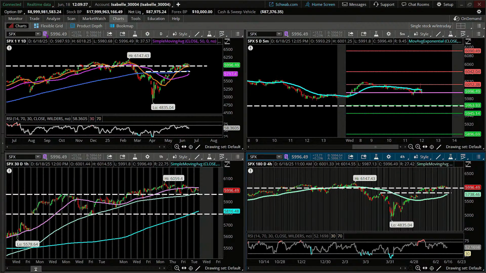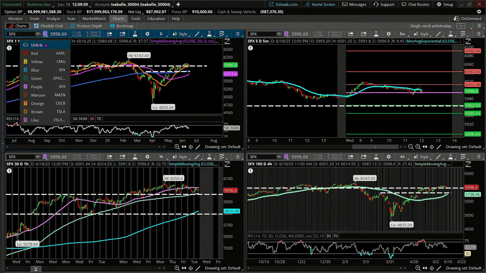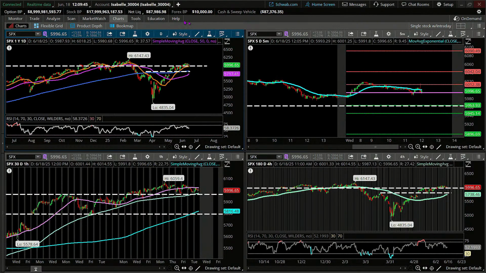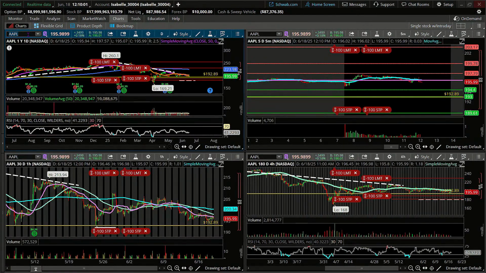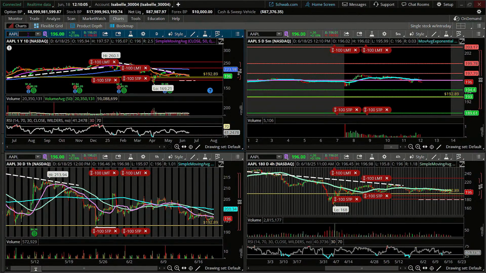Perhaps you want to have 4 separate, all set with unlink, or the broken chain here, if you will. What that's doing is showing that it's not going to change unless you change it in the symbol location for that tool specifically, right? So today, if I change anything here, Apple, for example, it's going to change all 4 of my Apple charts, right? All four become Apple because they are all linked together.